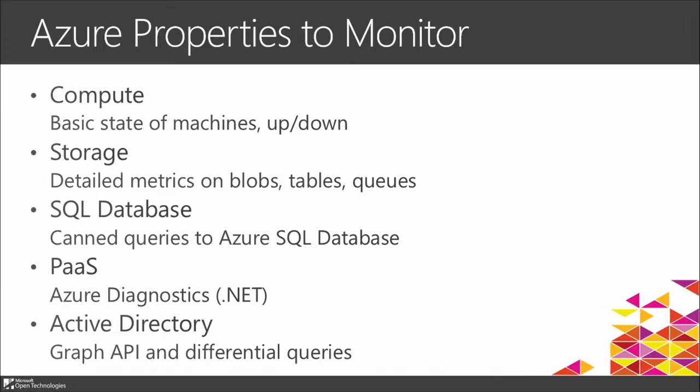And you can see the list. There's the basic compute, storage, database. Some more interesting things that you might not be aware of are Azure Diagnostics, which monitor our PaaS platforms, and an Active Directory plugin that we wrote that can use the Graph API that can do differential queries. So I'm going to dive into each one of these in more detail